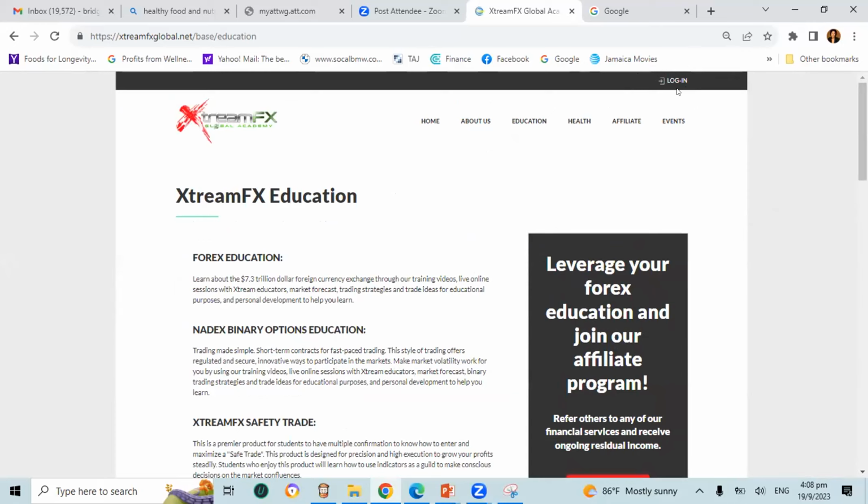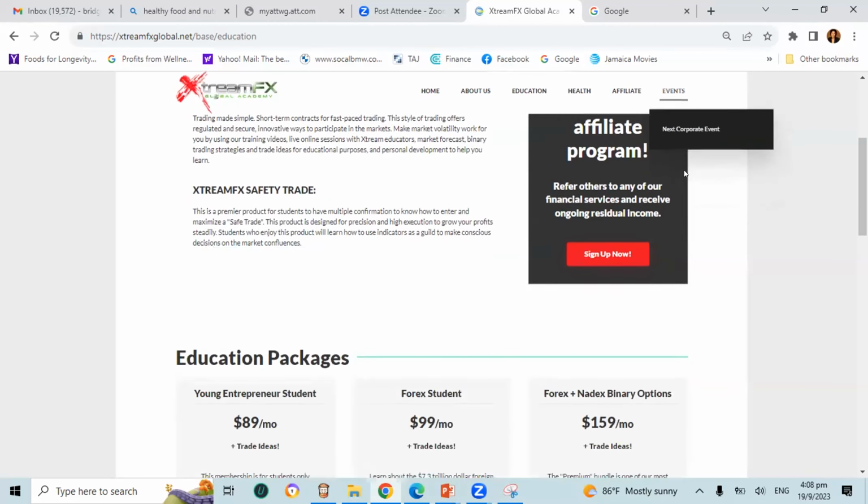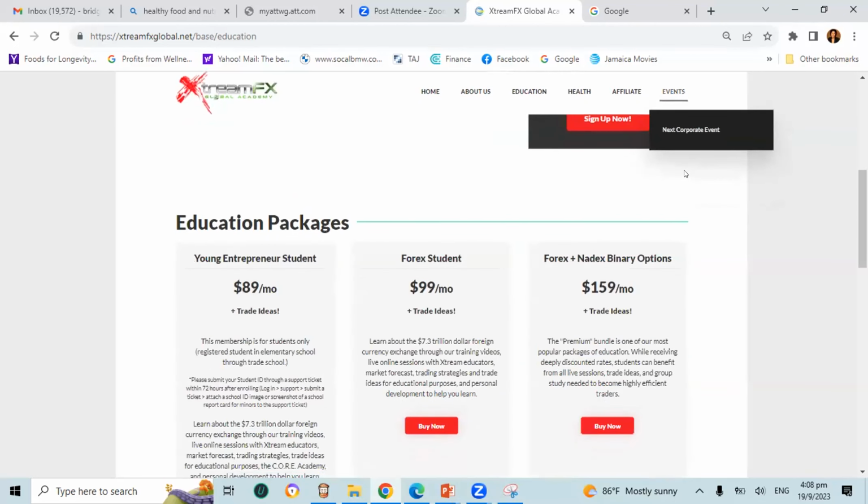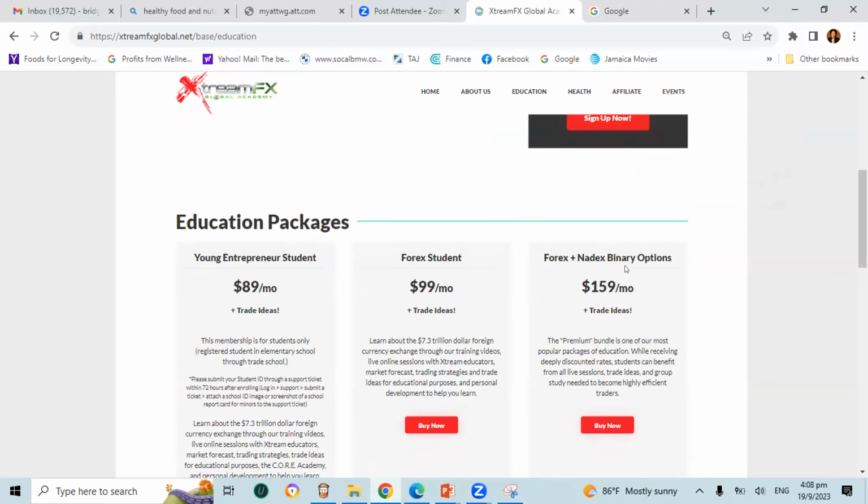The community itself is designed to help people go from zero to learn to trade. Kids, retirees, everybody is in here learning, and the academy, you can get it for $99 to $159. You pay more, you're going to get the binary options education as well. Okay, regular Forex, you're going to be paying $99 a month, or you get more stuff to learn at $159. Either one, doesn't matter which one of these you choose, you're a member.